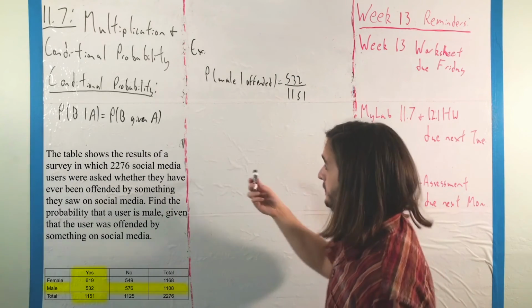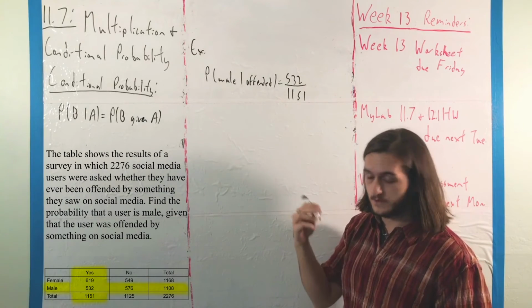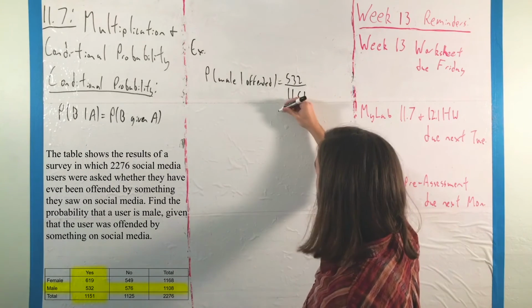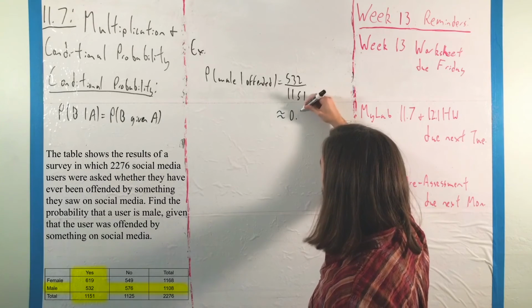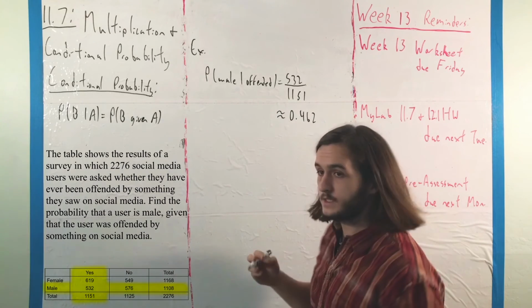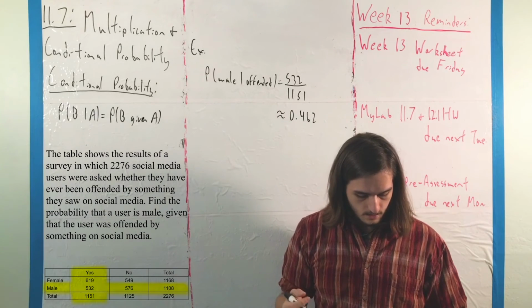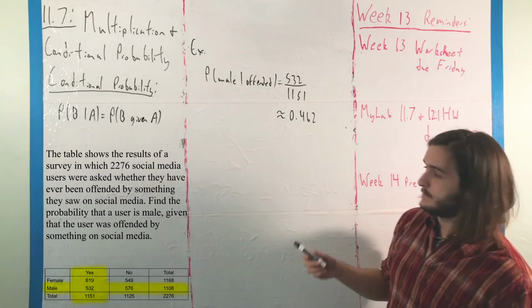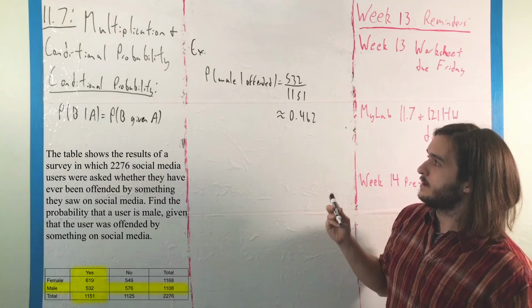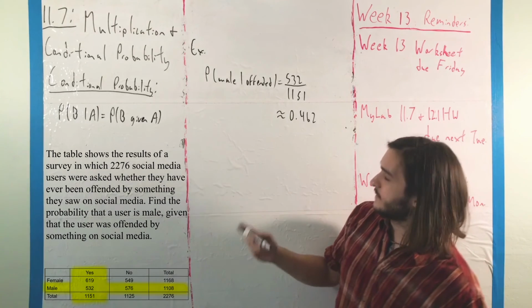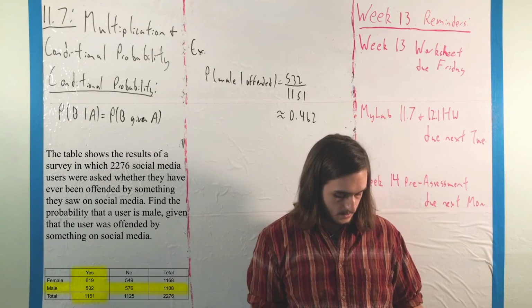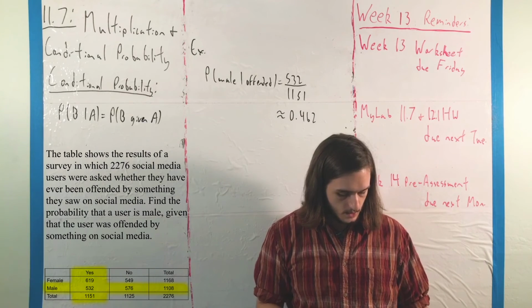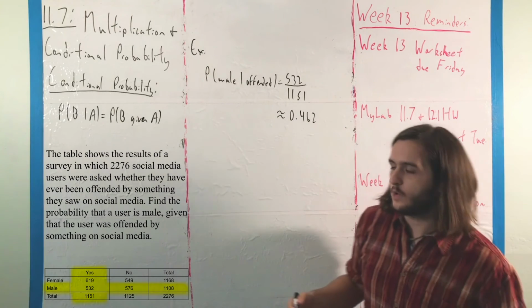And as a result, our probability would be 532 over 1151, or if you prefer, about 46.2%. So, we would say here that the probability of them being a male, given that they were offended, is about 46%,